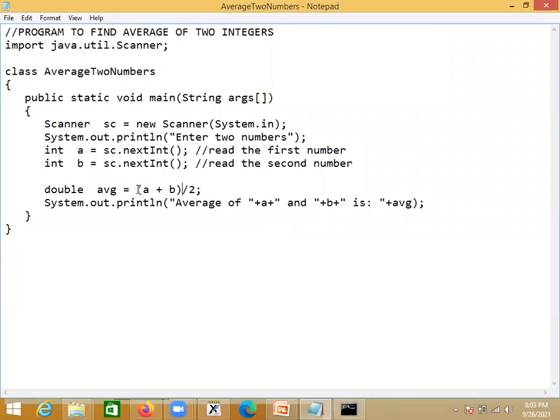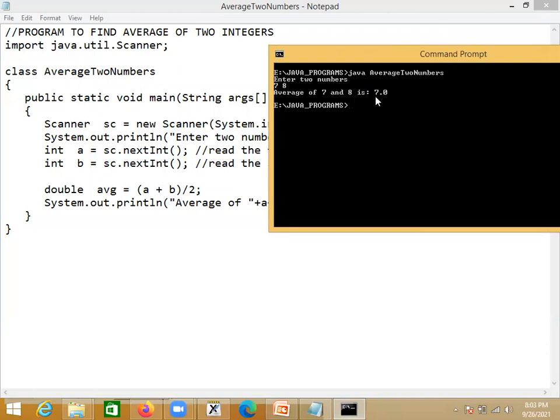Pause the video and just check out what might be the error here, to get a floating point result of 7.5. What is the logic error we are making in this program? Just pause the video and find out yourself.